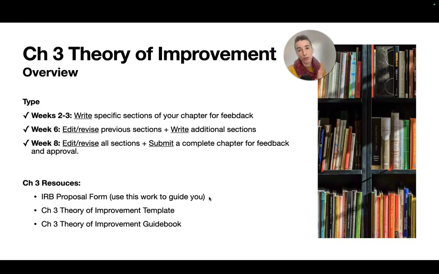In our IRB proposal form, we are talking to the IRB, the Institutional Review Board, and they are interested in: is our research ethical, and do these steps and procedures make sense? Is there a clear rationale for them? And are these human subjects, are these participants going to be protected? That's our audience. But when we're writing chapter 3, when we're writing our dissertation, there's a whole different audience.